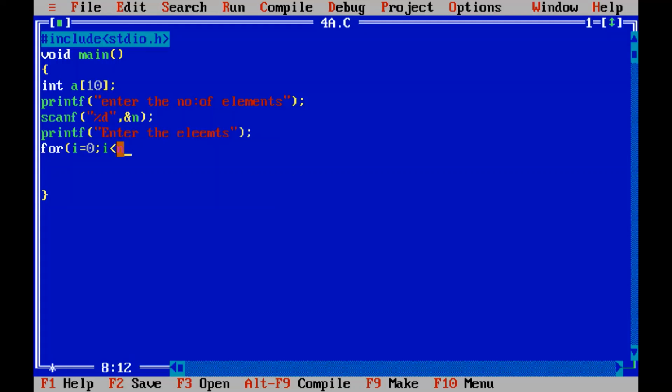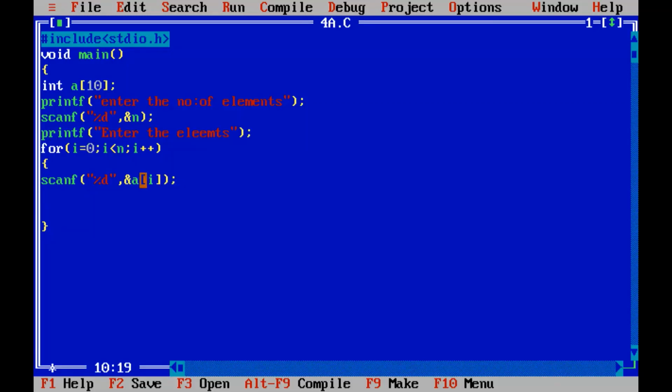I equal to 0, I less than n, I plus plus. Here, we are going to use scanf percentage d, comma, ampersand. What is the name of the array? A. And what we are going to use now? I, because we are generalizing it for all the values of the index.